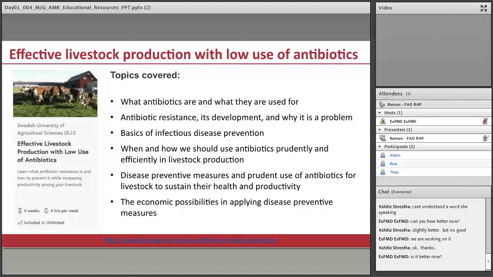So eventually, this is what they are finding in some countries. When they remove the low dose antibiotics, what happens is that more clinically important antibiotics for animals are being used, because there is this balance that you have to strike. So I think it takes more than just removing antibiotics.